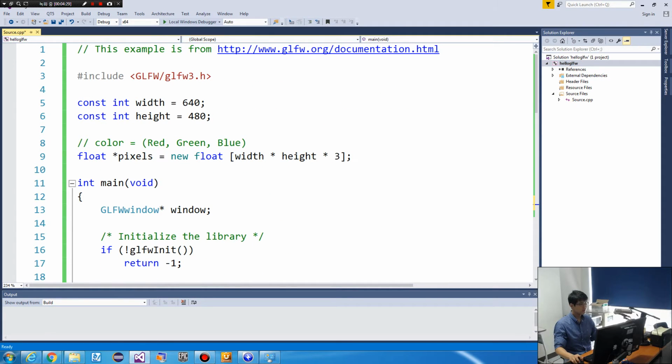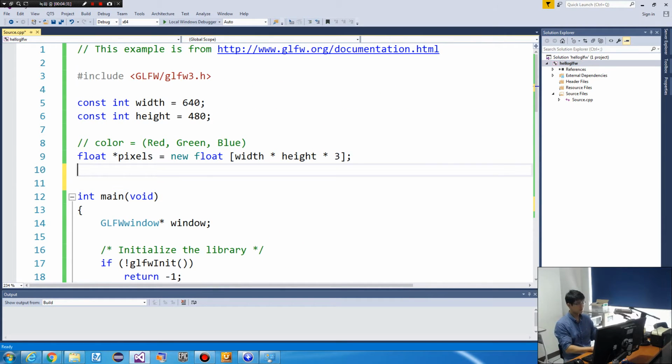So maybe you remember the C function like malloc, something. So this one is equivalent to malloc and casting to float.